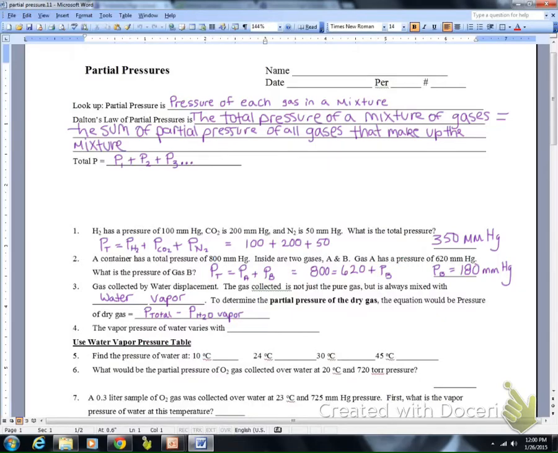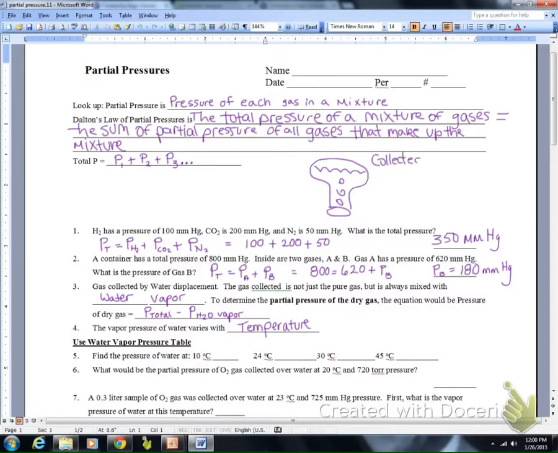So the vapor pressure with water actually varies with temperature. So you have a chart that you've been given, and it's the water vapor pressure table. So I want you to find that chart, and I want you to find the pressure of water at 10 degrees Celsius. So I'll give you a second. Alright, hopefully you found your chart, the water vapor pressure table. So the pressure of water at 10 degrees Celsius is,